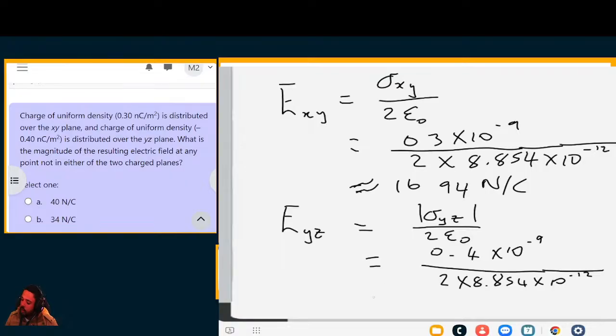Okay, and that gives us 16.94, excuse me, this gives us 22.59. So we have calculated the electric field due to both of these charged